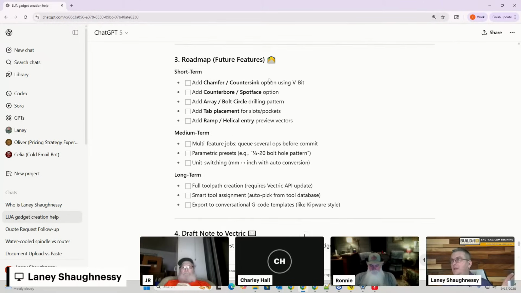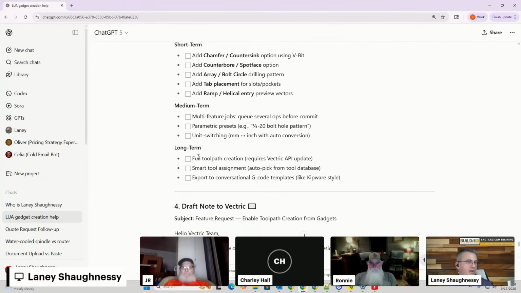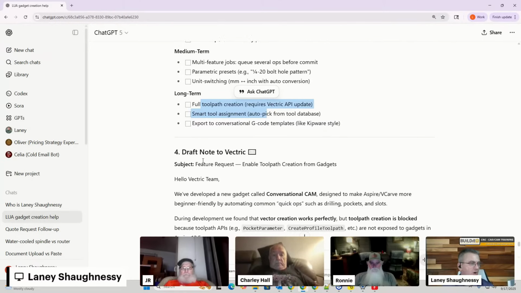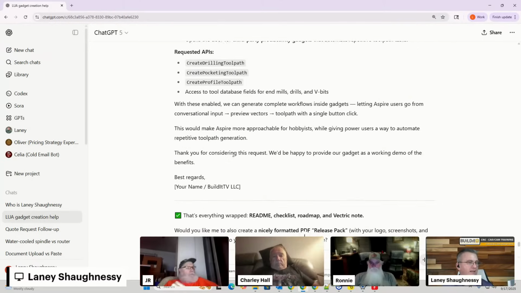So in the future, like over the next week, I'm going to be adding a chamfer countersink option using V-bits, a counterbore and a spot base, an array so I can do bolt holes or just an array of holes, tab placement, ramp and helical entry, all of these things. And then I'm going to be able to create a different UI where it looks cleaner. It has tabs and menus like a website, and each one of them is like, I can do my drilling on this tab or my pocketing on this tab and things. And so now from there, it drafted a PDF